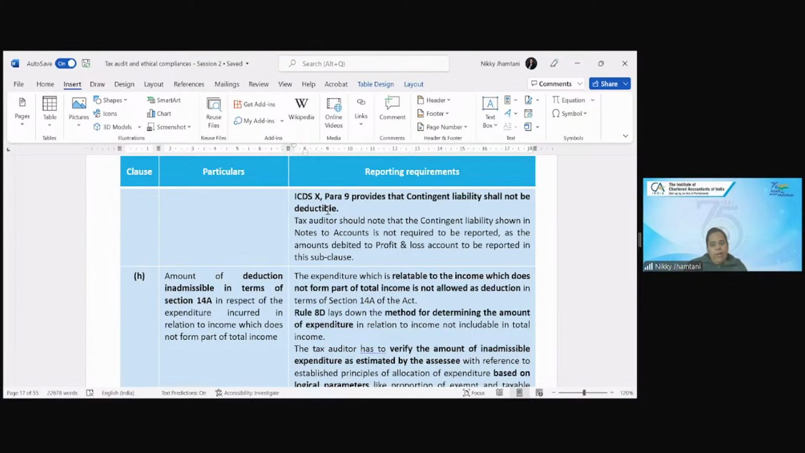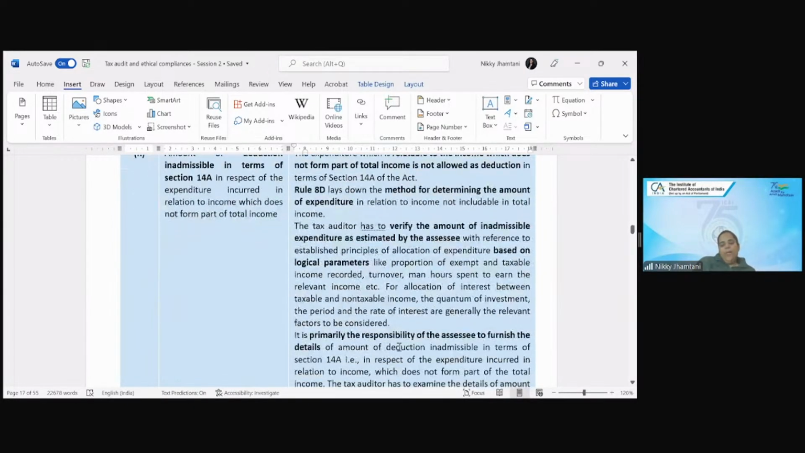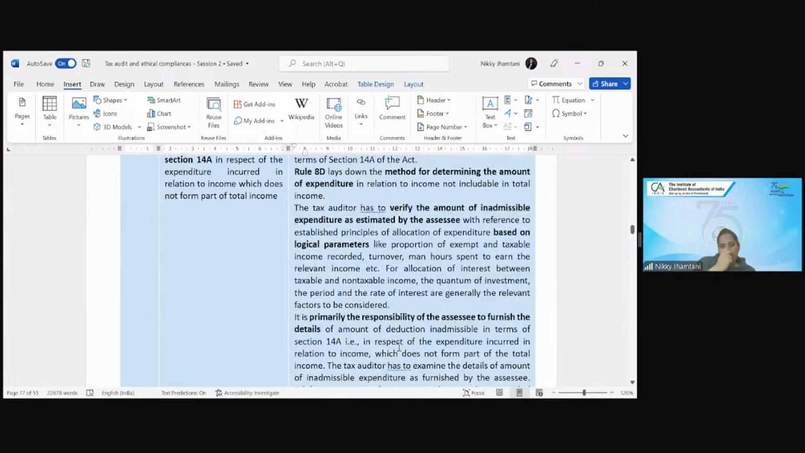Then next is regarding deduction inadmissible under 14A. The expenditure which is relatable to the income which does not form part of total income is not allowed as a deduction in terms of section 14A of the Act. Rule 8D lays down the method for determining the amount of expenditure in relation to income not includable in total income. The tax auditor has to verify the amount of inadmissible expenditure as estimated by the assessee